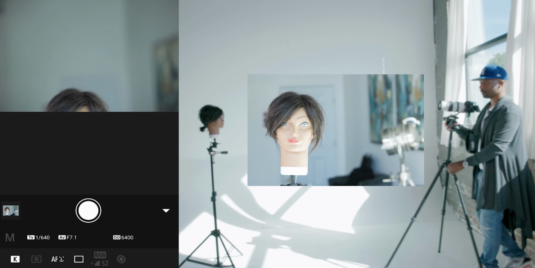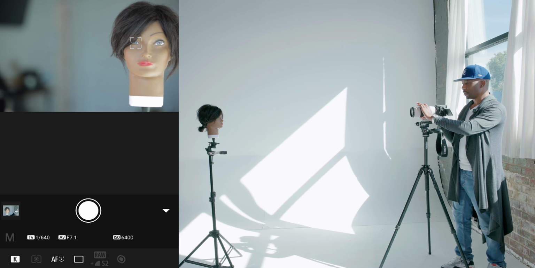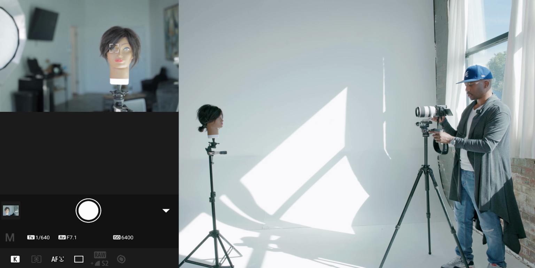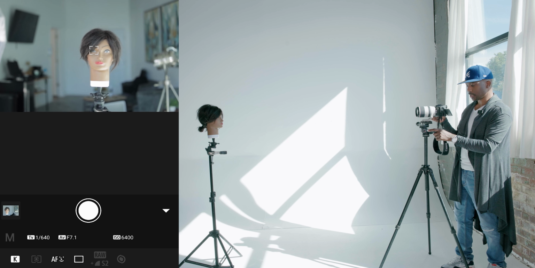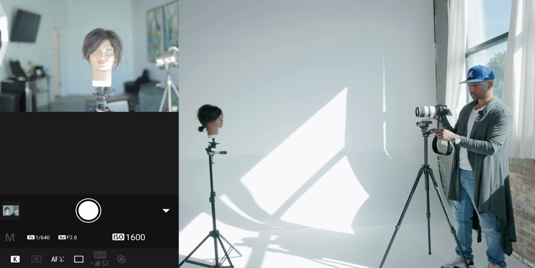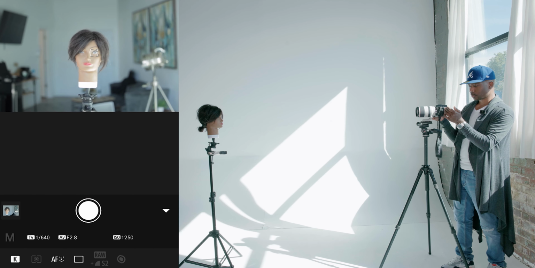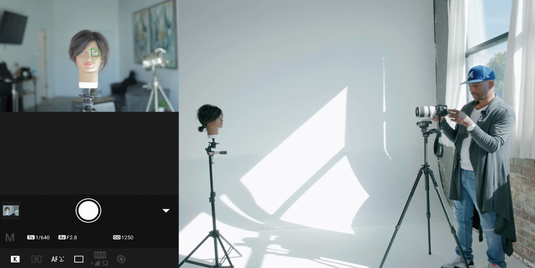Now, let's just say you've spent a little cash on a lens that's a little faster, right? Now you have the option to change your aperture to a lower setting. So let's change our aperture down, okay, to 2.8. So as you can see on the screen, this is way too bright, okay? So now we can start reducing our ISO, right? Because we don't need that much light. So now at about 1250, this looks pretty cool to me. If we take that same shot,